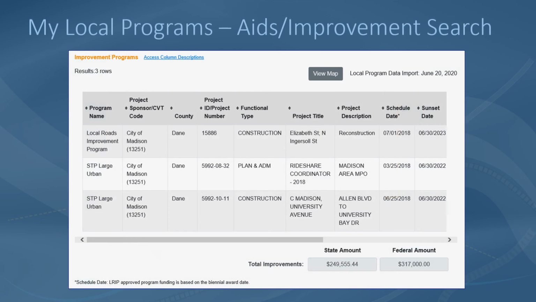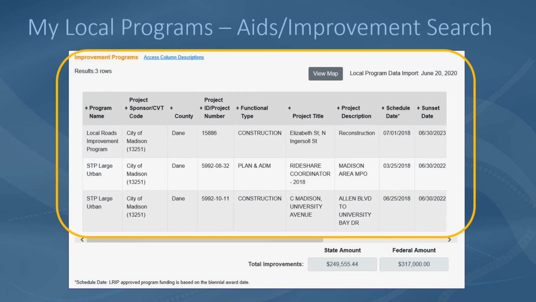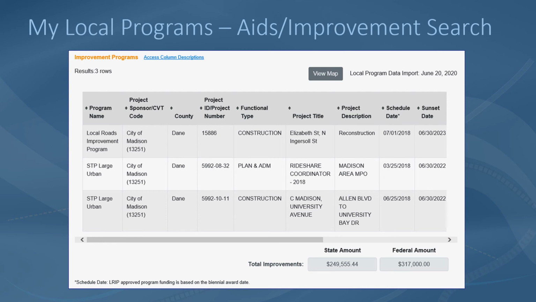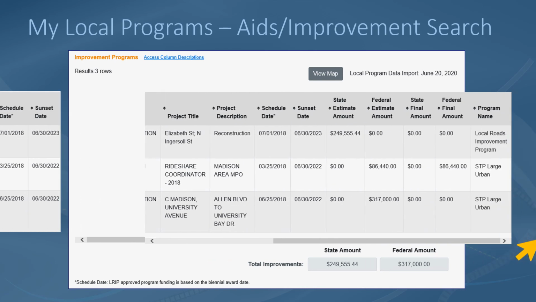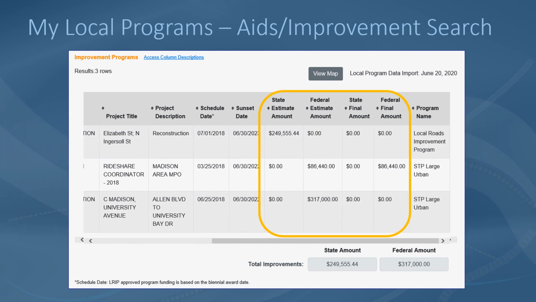You may also notice that the Improvement Program grid includes several more columns than the AIDS program grid, including the state and federal estimate and final amount columns. Simply use the scroll bar at the bottom of the grid to access all the information. The program name column is provided as both the first and last columns to help you maintain your place within